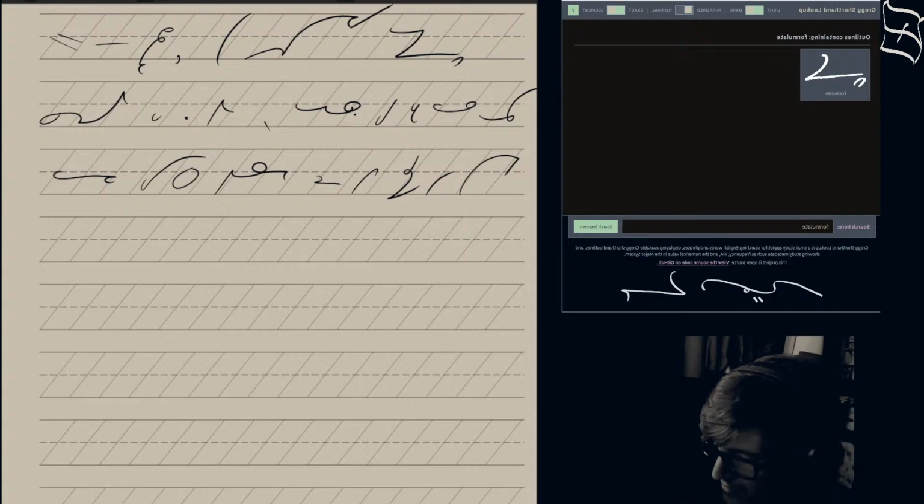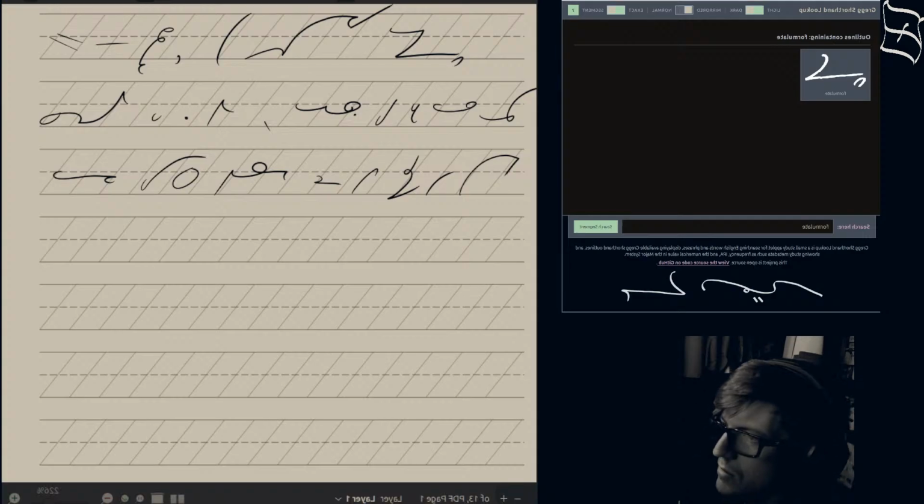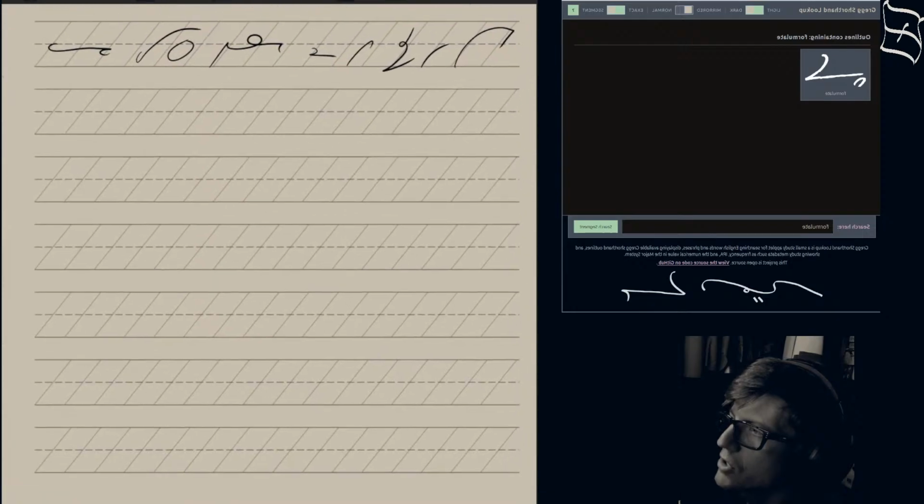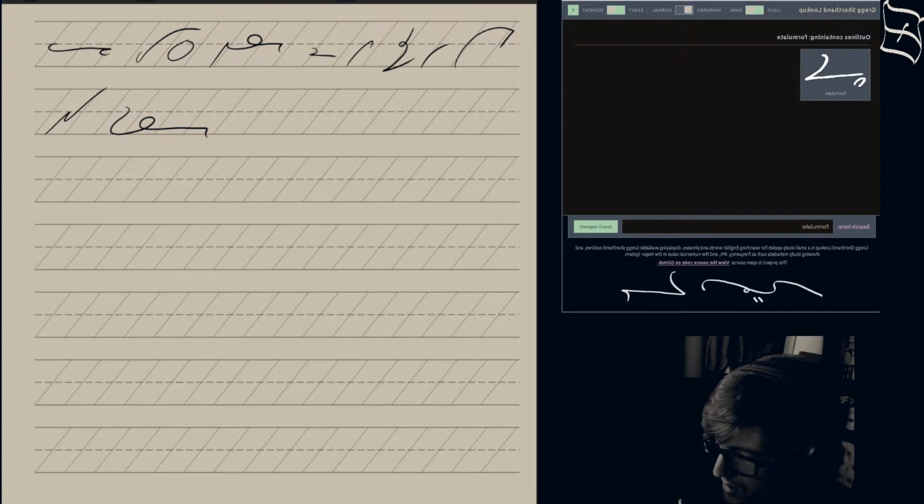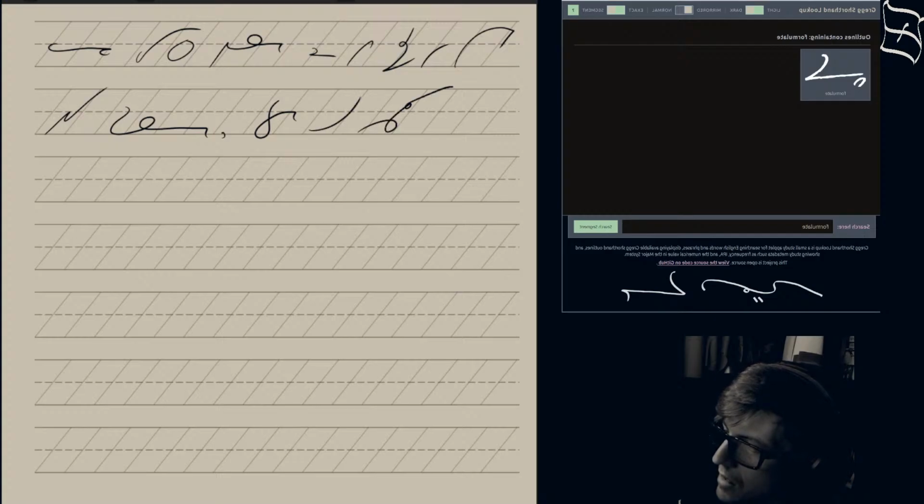Attention toward frames. So move up the page, toward frames, patterns, and categories. Frames, patterns, and categories in the observations.